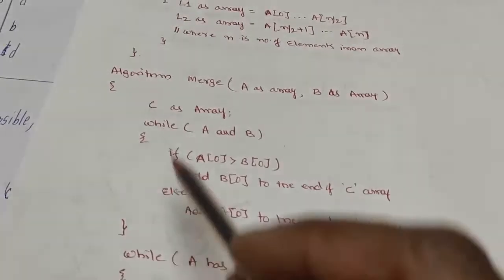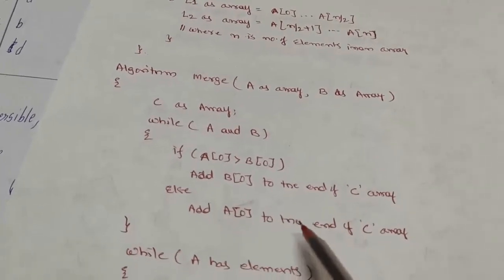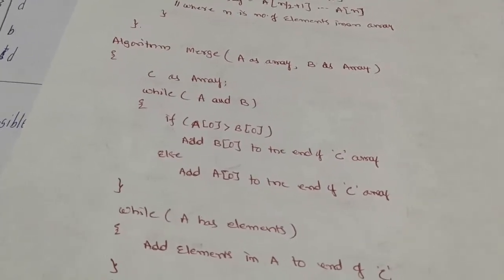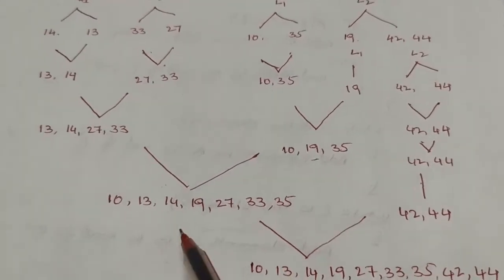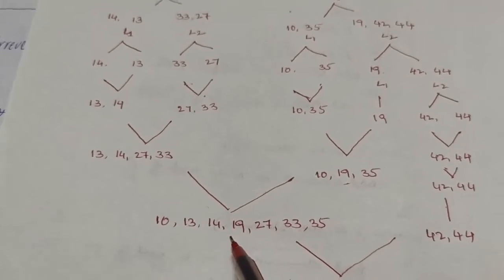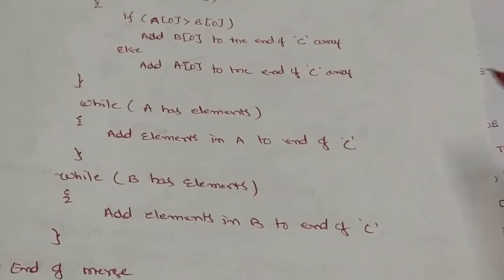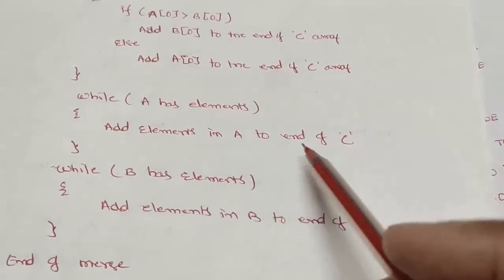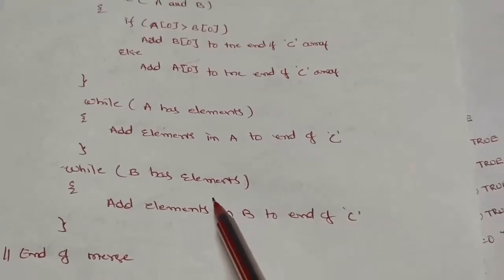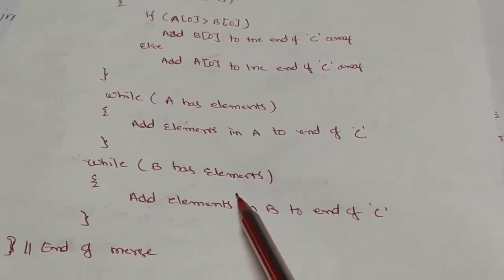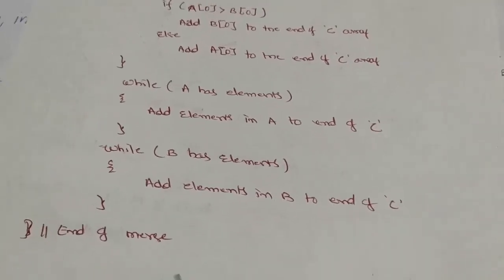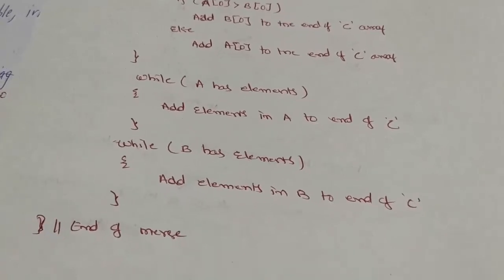So we call this merge. We can perform the adding. This is merging. While A has elements, let us observe that list A has more elements. Suppose in any one of the lists some of the elements are remaining, then we can add all the remaining elements to the final or resultant list C. In the same way, suppose in list B or list L2 some elements are remaining, we can add all these elements to the final resultant list C. So this is the end of the merge algorithm.